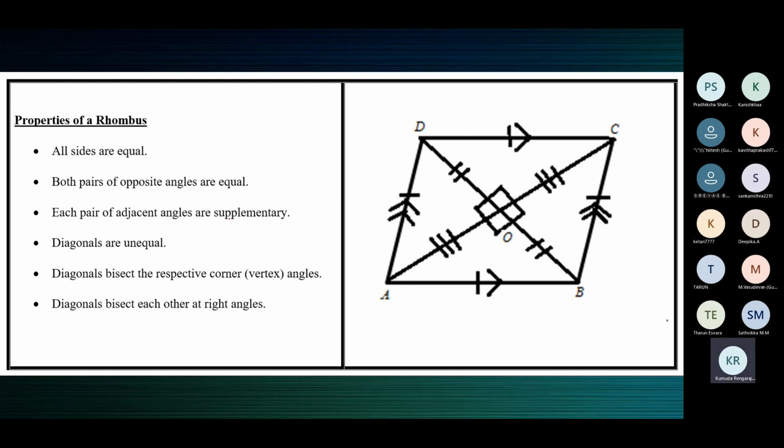How is it easy to remember? Because in a parallelogram, only opposite sides are equal, so it can only become a rectangle. In a parallelogram, opposite sides are equal, so it can become a rectangle, because in a rectangle also opposite sides are equal. So a parallelogram becomes a rectangle when diagonals are equal.